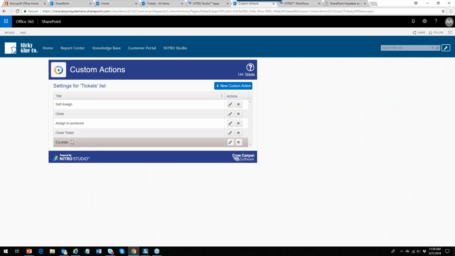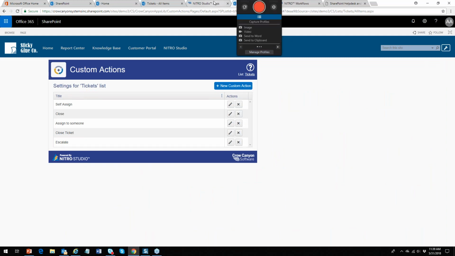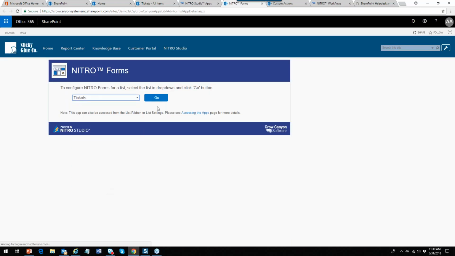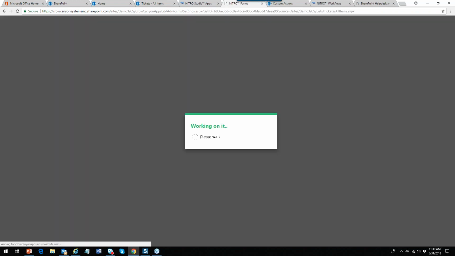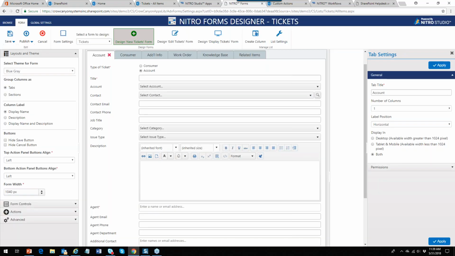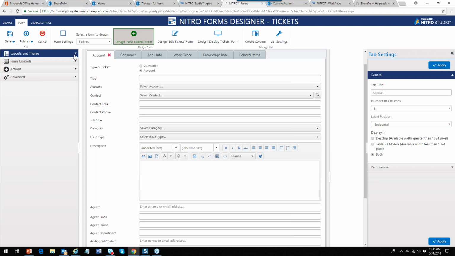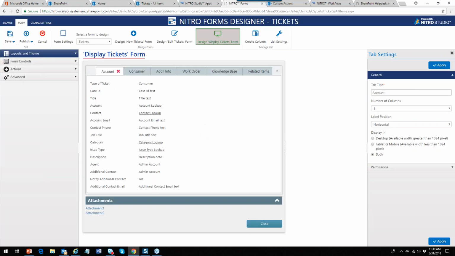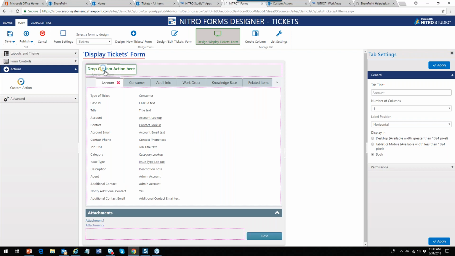Now there's other things that can be done with the escalate. Here is go into our forms. If we go to the NITRO forms and we look at the tickets list, we're going to look at the form that this ticket is using right now. And this correlates with the custom actions. I went over a lot of this forms yesterday, but I want to show that in this form, you can also add a custom action here. So now if we go to actions, we can drag over a custom action and put it right here